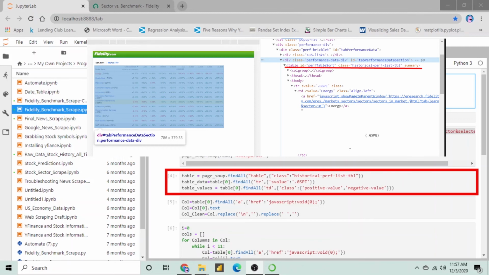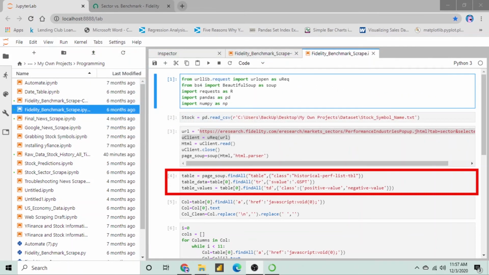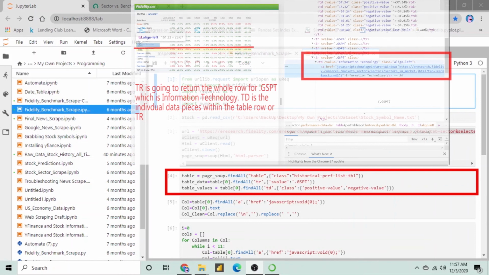And this is going to look at our table variable with an index of 0 because we only have one of the historical performance list table, and it's going to look for all the tags that have tr, which I believe is table row, and an attribute element of s-value, and it is going to be equal to